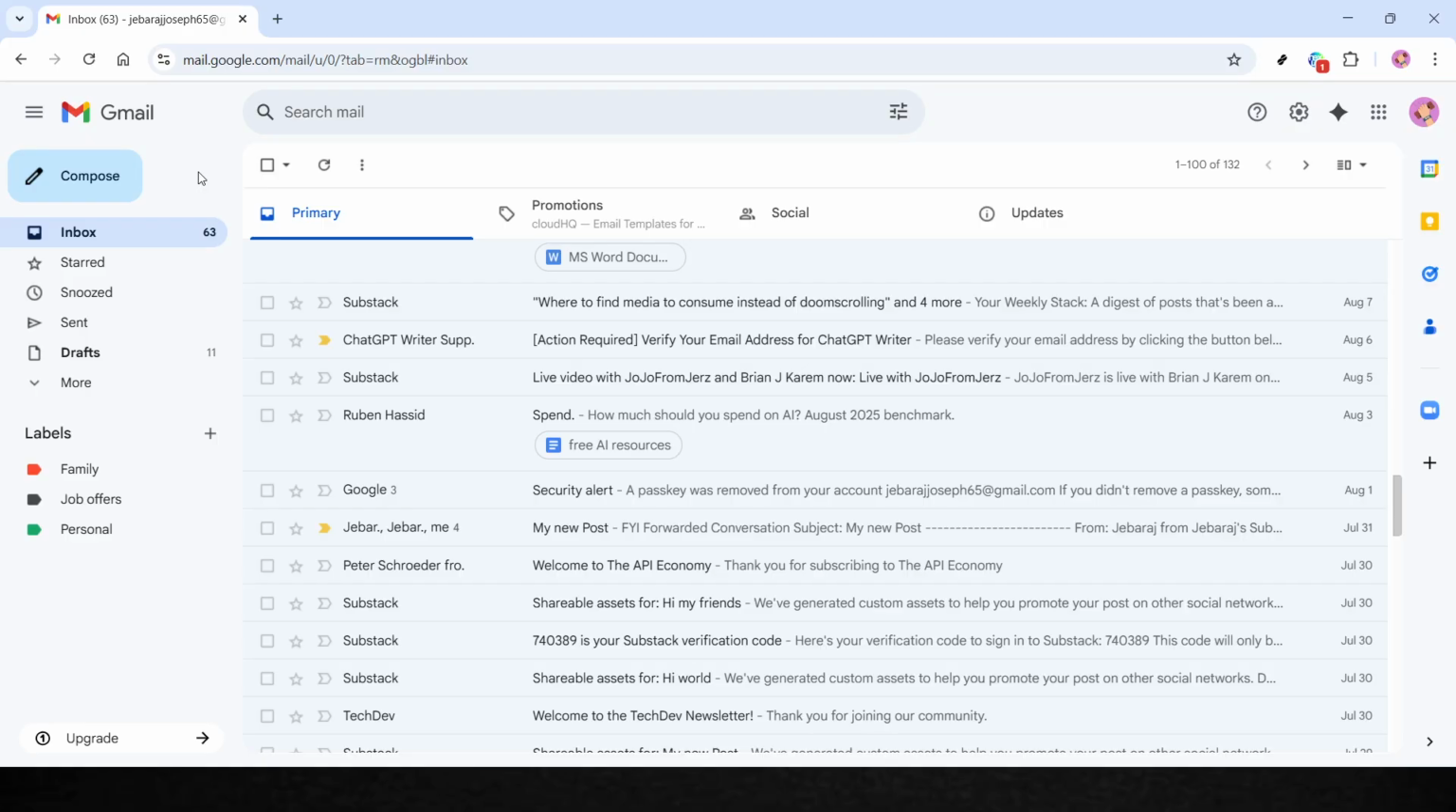To start things off, open your preferred web browser and navigate to the Gmail website by entering gmail.com in the address bar. Once you're on the Gmail homepage, you'll need to log into your account if you haven't already. Just enter your email address and password, and click Next to access your inbox. Ensure you're logging into the correct account, especially if you manage multiple emails, as each account keeps its own conversations